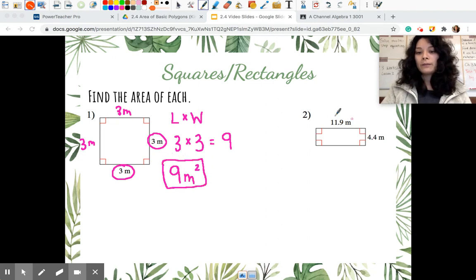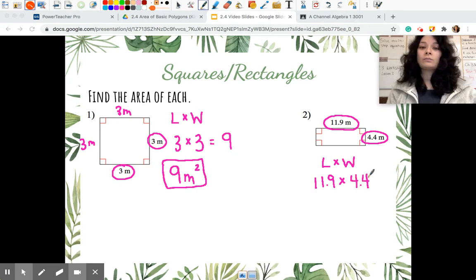I'm going to do the same thing with my rectangle. I have a length of 11.9, or some people might refer to that part as the width, and a width of 4.4. It's a rectangle, so I use my formula length times width, and I'm just going to multiply them together. To make this a little quick, I'm just going to use my calculator. I encourage you to do the same if you have one. And I'm just going to get a final answer of